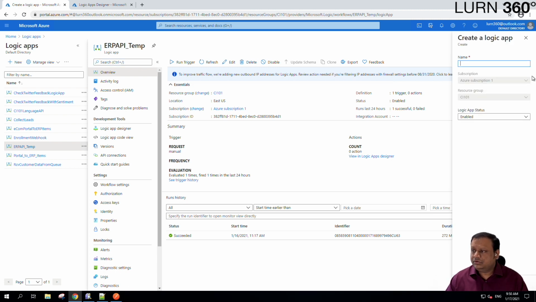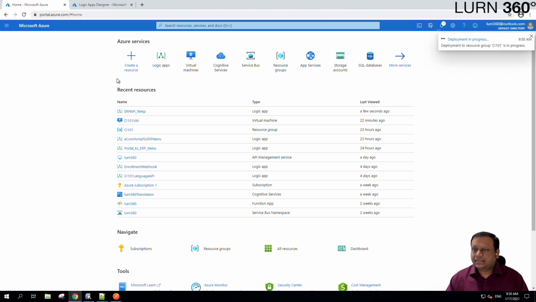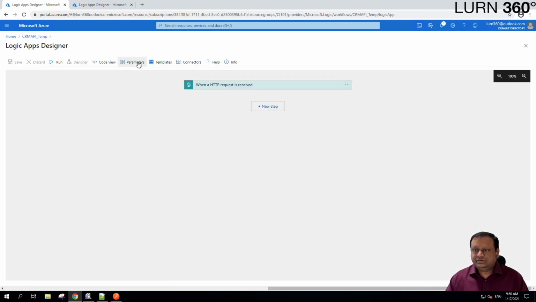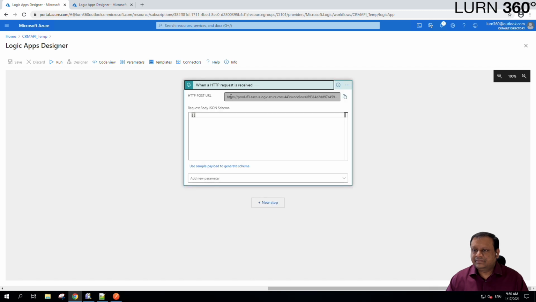Let's click on clone and change the name. So from ERP API temp, this is going to be CRM API temp, and it is in enabled status, right? Okay, let's wait until the deployment is complete. It's done. Let's go to the resource, click on edit, and get the endpoint URL for the CRM